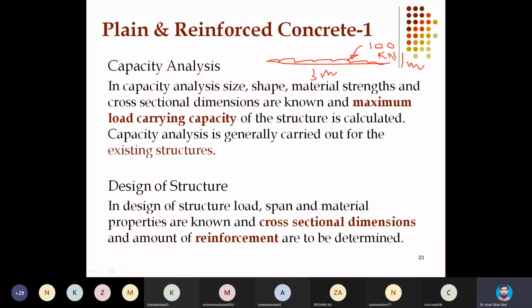So you will be asked that, please tell how much cross section of the beam is suitable on a span of 3 meter, which can take this 100 kilonewton per meter. So it means you will be asked to provide that, for example, to take this 100 kilonewton per meter load,